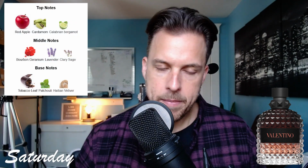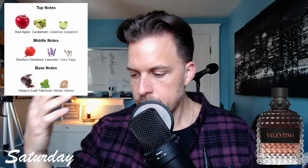Love this opening. Red apple, it's sweet, I really love this. The opening is just, I can't imagine anyone not liking it. It's a bit spicy from the cardamom, this clary sage, and this geranium, and oddly enough, tobacco, which kind of takes you on a roller coaster as you smell it. Opens super sweet with that synthetic apple, and then as it begins to dry down a bit, some of that spice comes out from the cardamom. You get the clary sage, you get the geranium,